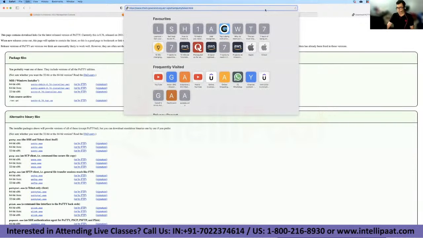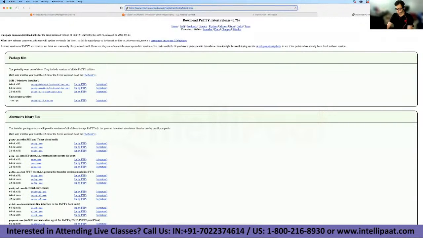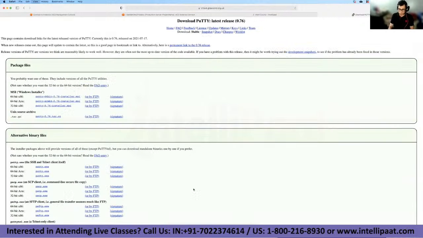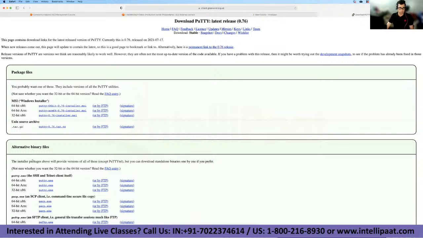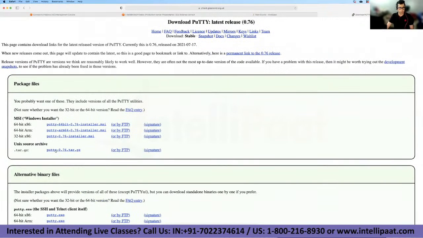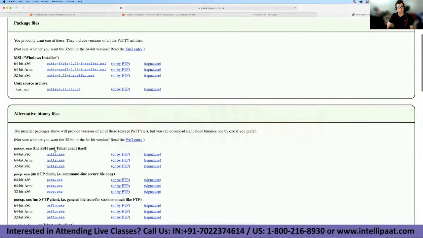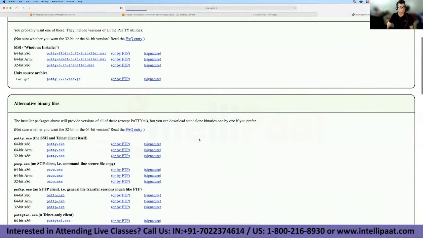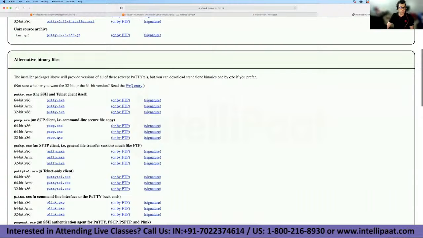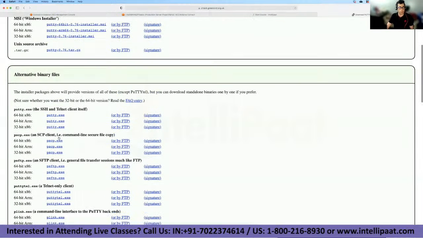Now there are two softwares that you need to install on your Windows machine. One is Putty, Putty.exe. This is the one. I'll be using the 64-bit version of Putty.exe. And the next thing that you have to install is PuttyGen. Putty is used to connect, and PuttyGen is used to